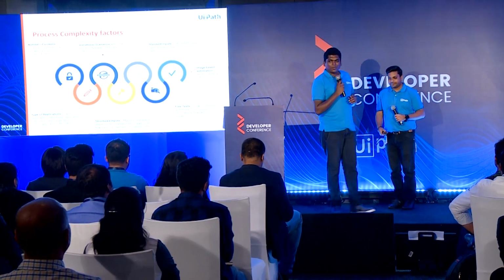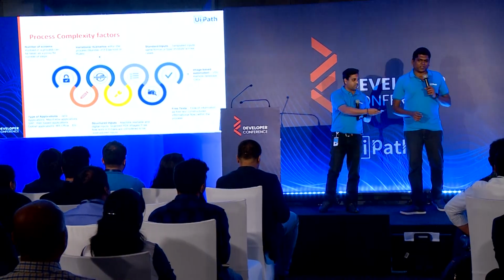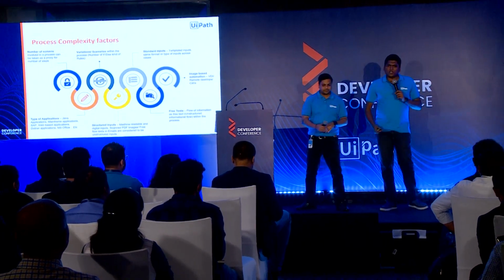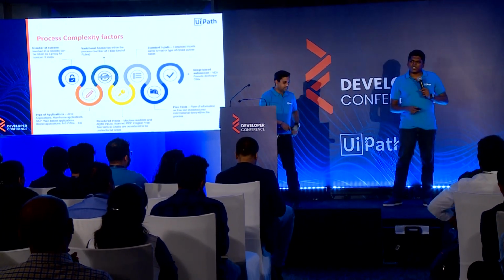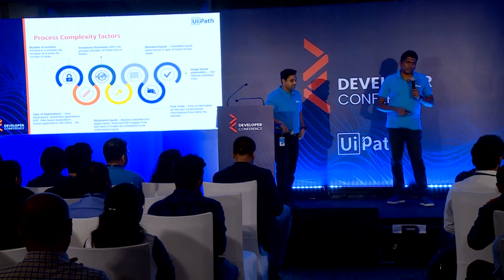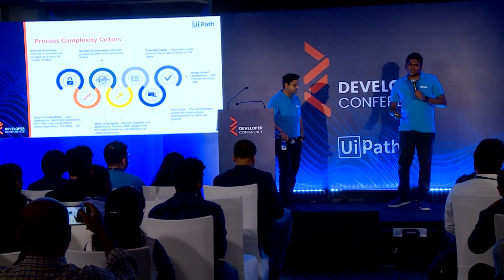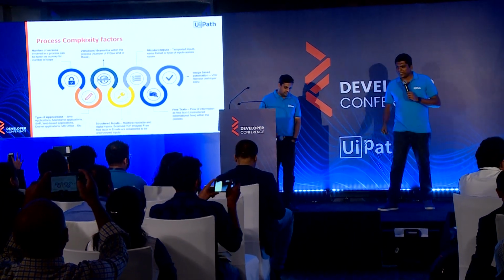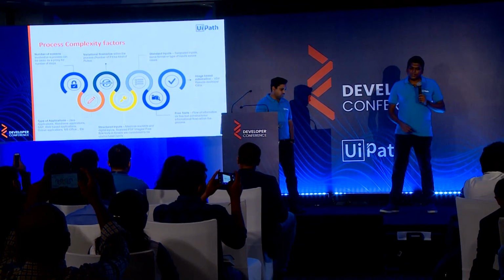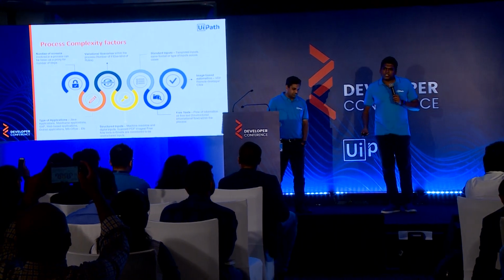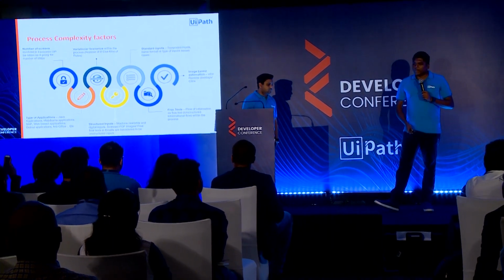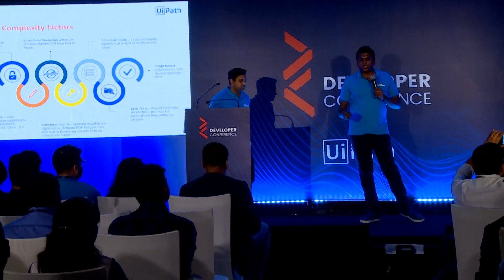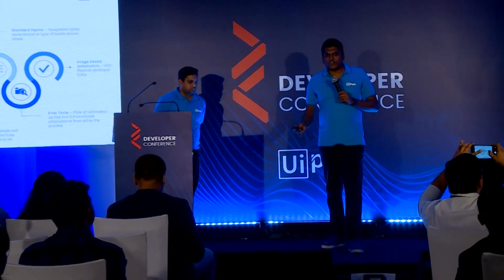So till now we viewed the processes from a business perspective, right? If you remember all the pointers that we said, which will be more suitable for automation in the first place, were the pointers which were more relevant to generate our ROI at a rapid pace, correct? Now we will look at the pointers and the factors which define complexity of a specific process from a technical angle, from the line of development, right?